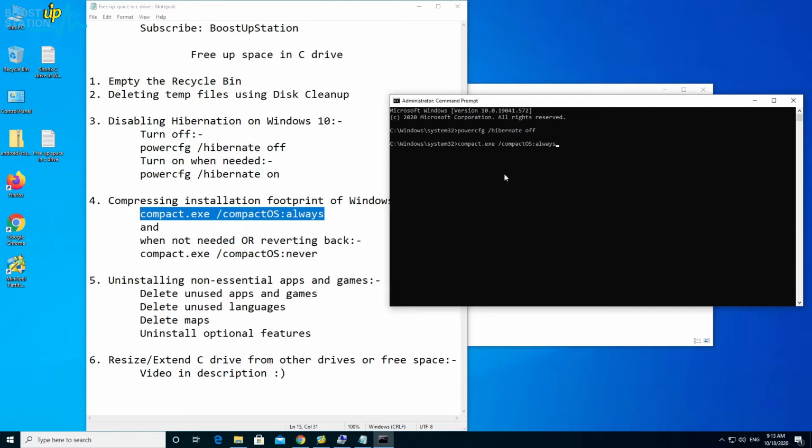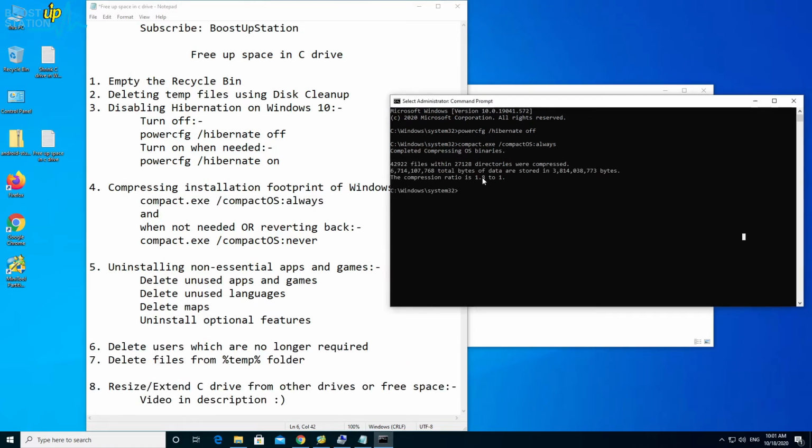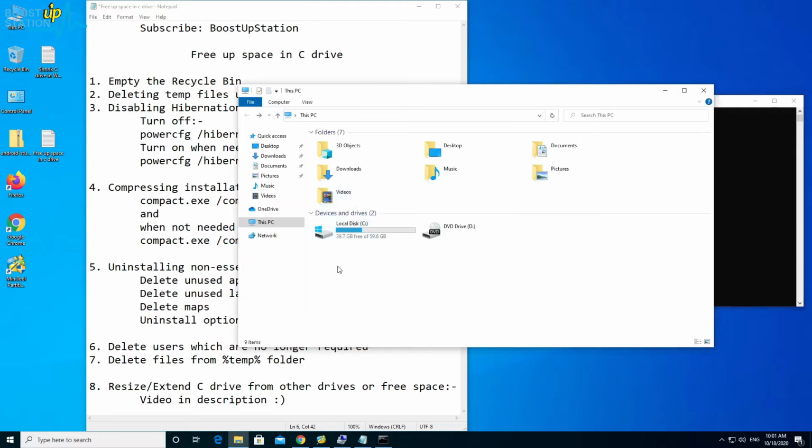Press enter. Now it will take some time to compress the OS binaries, so wait for it. So now here you can see that the files have been successfully compressed and the compression ratio is 1.8 from 1. And let's see the size of the C drive. If you refresh, you can see.